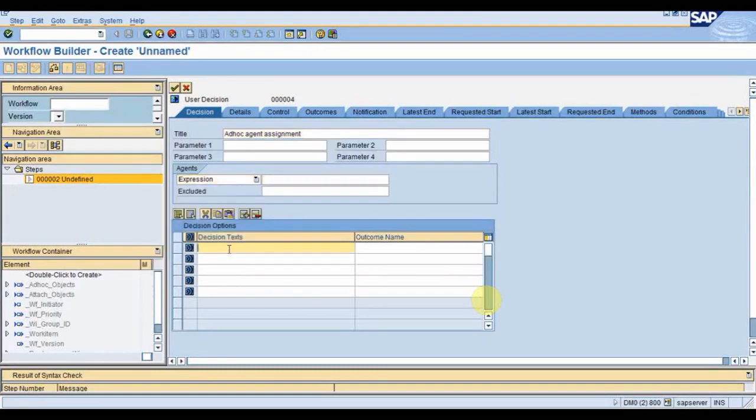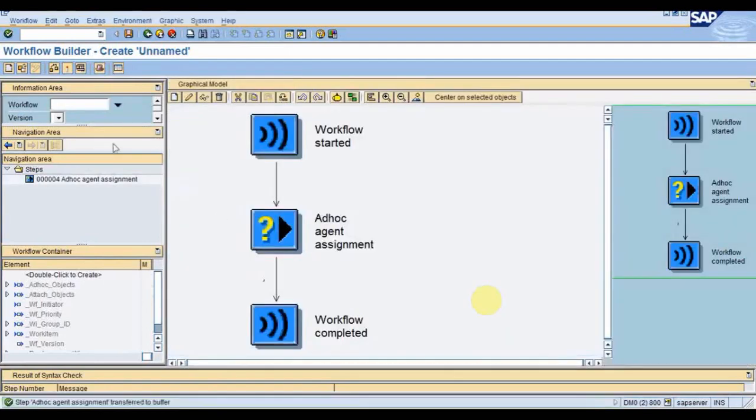In the expression tab, don't give anything. Just keep it blank. Save it.